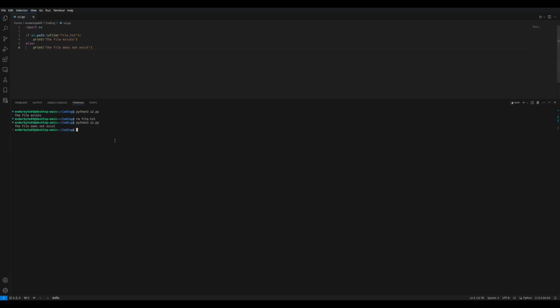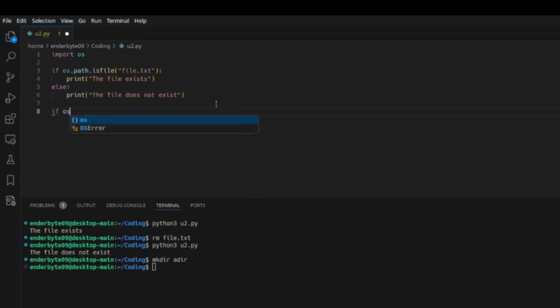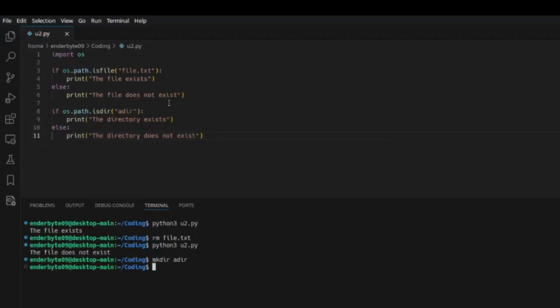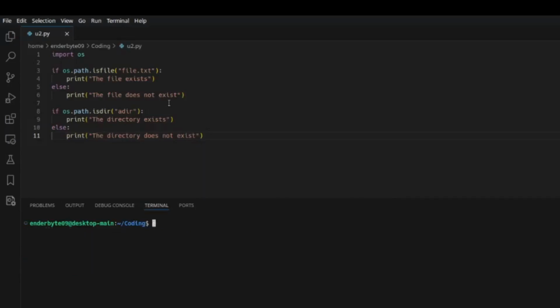And we can do the same thing for directories. I've now also created another directory called adir. Let's check for that too. Do the same code. Is dir. Okay, so now, in addition to checking for file.txt, it's also looking for the directory adir, which still